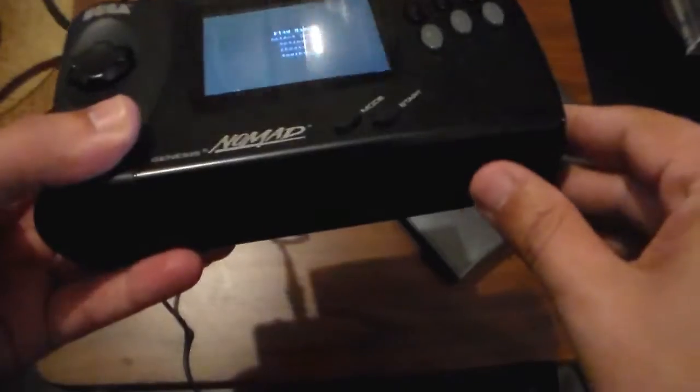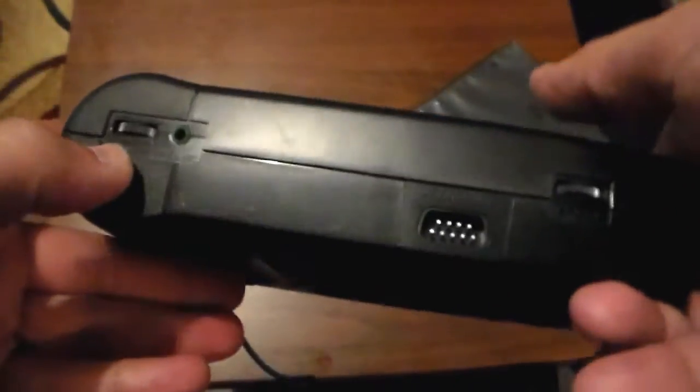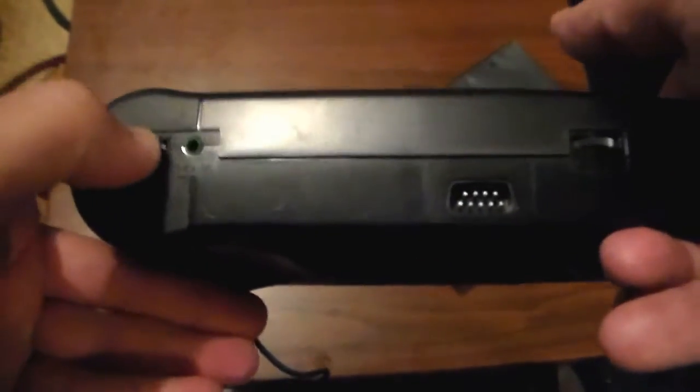Why aren't you getting in there? There it is. Okay. All right. And we're gonna go ahead and turn around. As you can see, really nice. All right. Let's see. Where is the